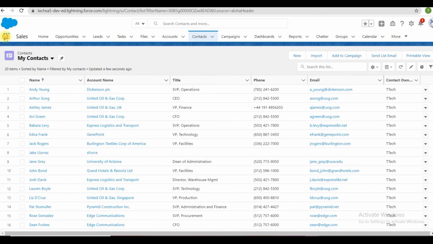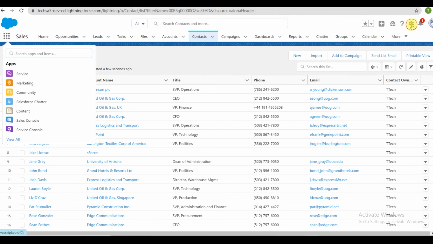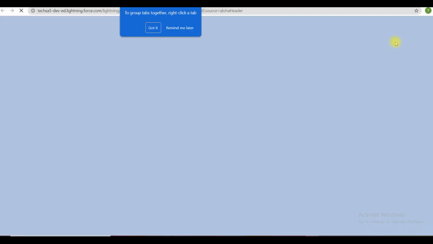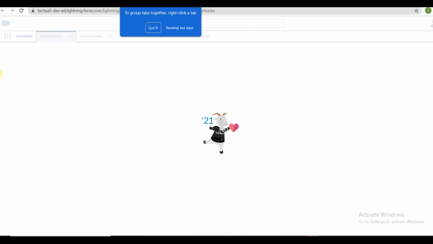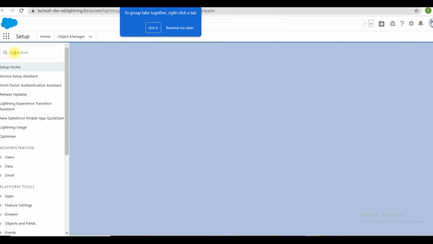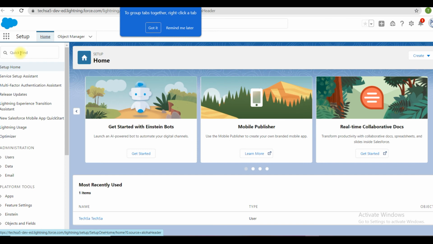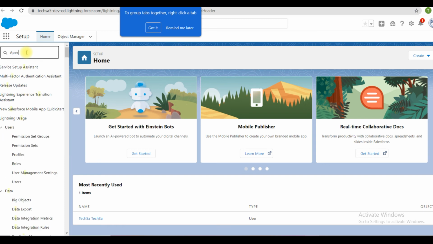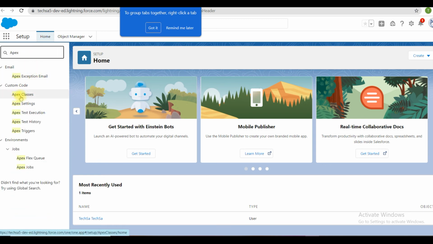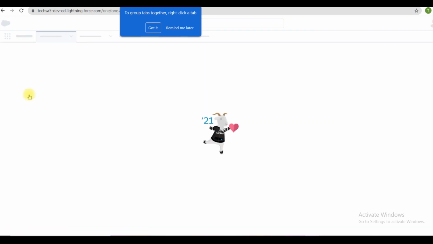And we can go to the setup part like this. You can create Apex classes. If you are already aware, Apex classes are similar to Java coding, which is the backend used as part of Salesforce.